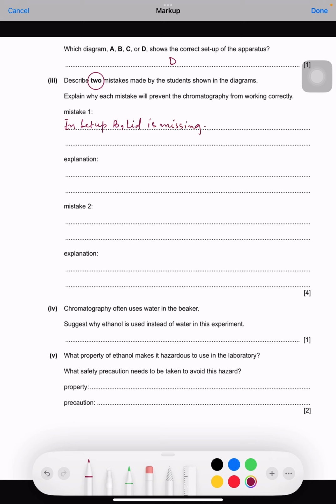Okay, here I am writing alcohol, or you may write ethanol very clearly, the word which they have used actually. Ethanol solvent will evaporate, hence the experiment will be affected. The experiment will not give the correct result.